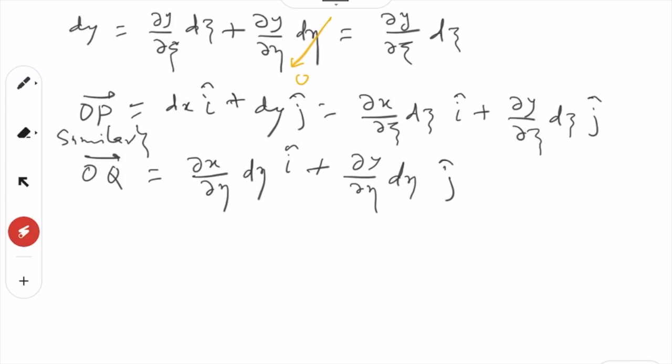So, similar to this one only. So, we have here also it will have a dx dη. So, here we have in terms of eta only. So, we get like that one. Okay. Now,